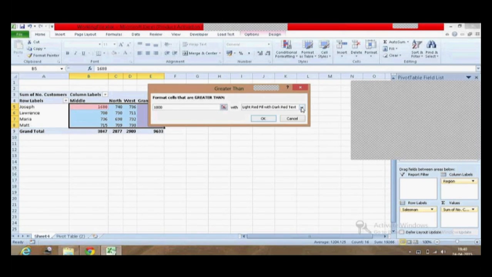How do you do it? When you drop down, you will see the option custom format. Please hit it. It will open a dialog.